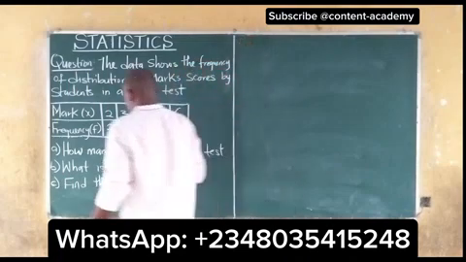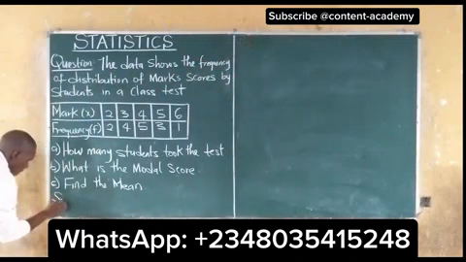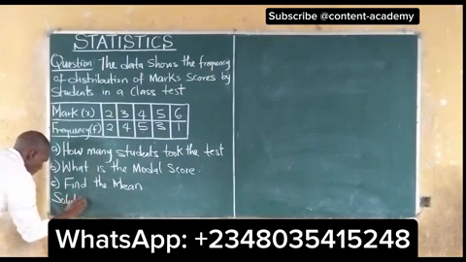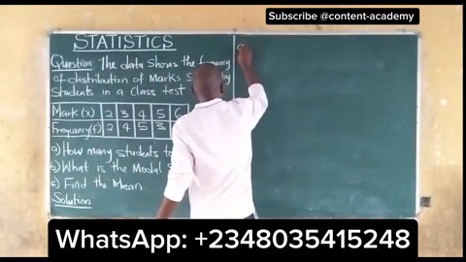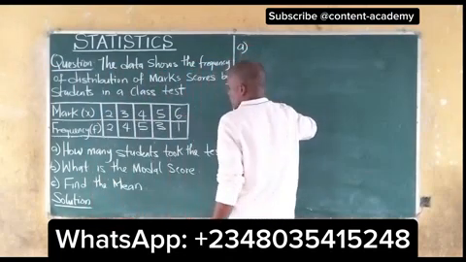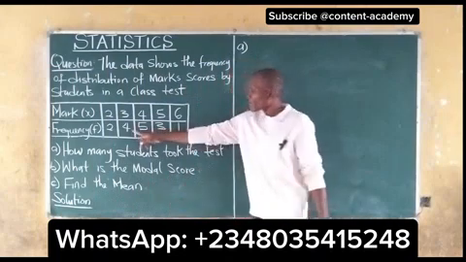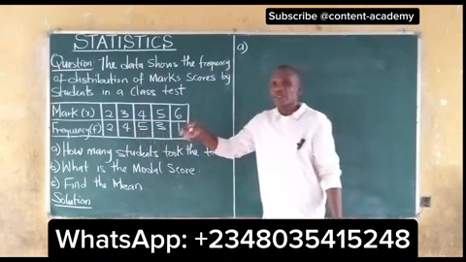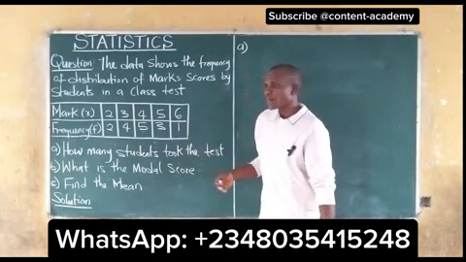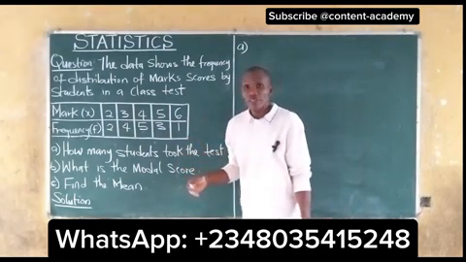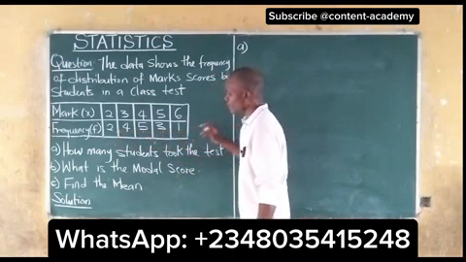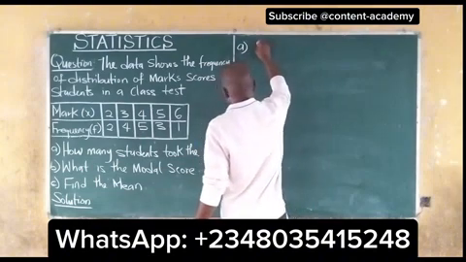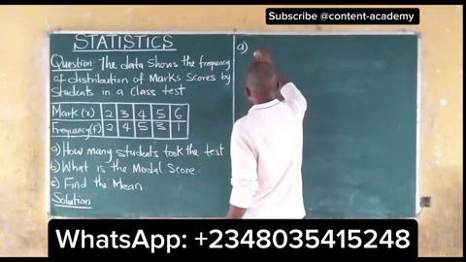So we say solution. A, how many students took the test? Now we see this is our frequency. That means the frequency is the number of occurrence of a data set. So we have 2, 4, 5, 3, and 1. So A, the number of students that took the test, we have